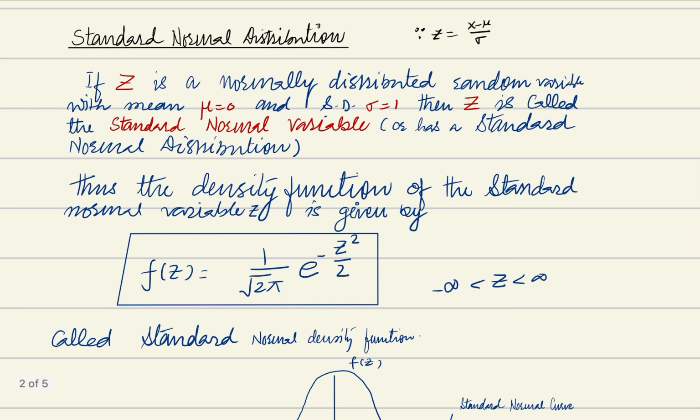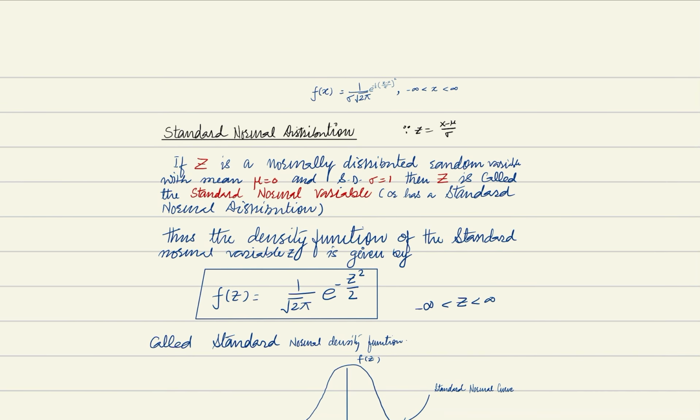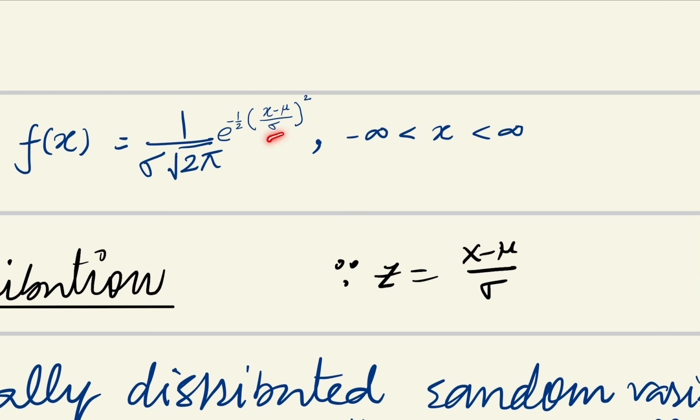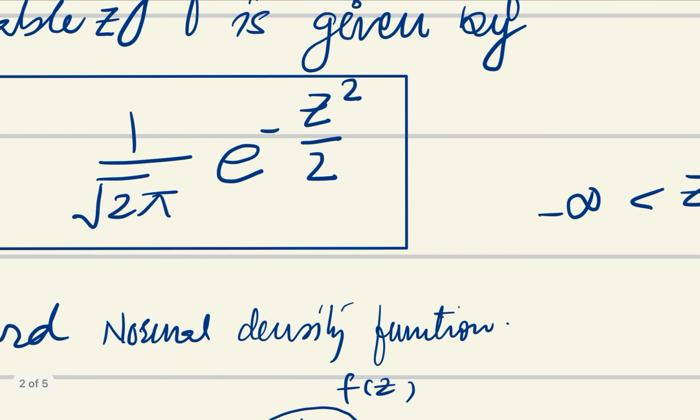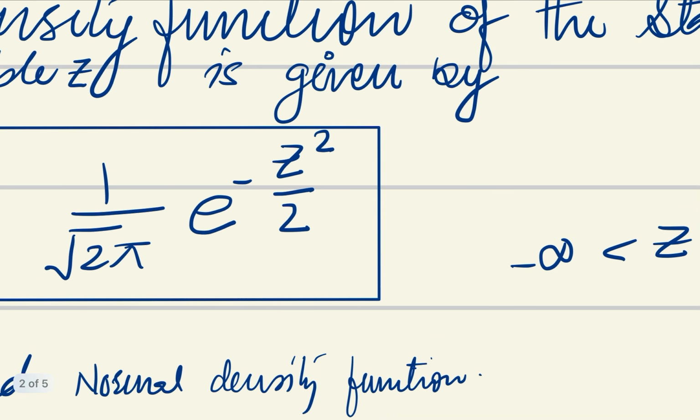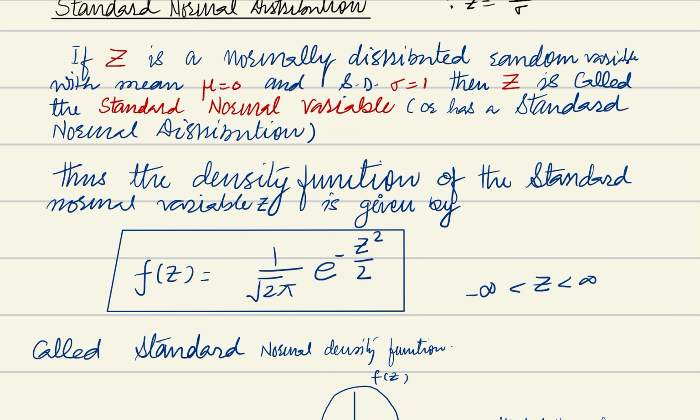Now you see we are writing here mu equals to 0, sigma equals to 1, then z becomes your standard normal variable. So what is the difference here? Here we were having this x minus mu upon sigma, but here in place of x minus mu upon sigma we are writing z. In place of sigma we are writing here 1, and in place of mu we are putting 0. So here 1 upon under 2 pi, sigma की जगह क्या हो जाएगा 1. तो ये हो गया आपका standard normal variate. So that is the difference which we see in case of normal distribution and standard normal distribution.